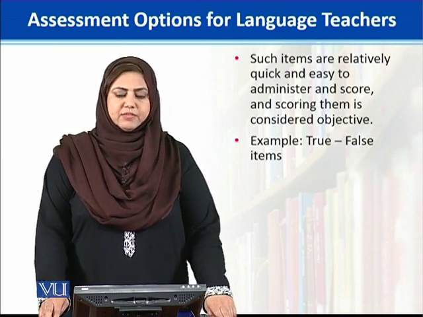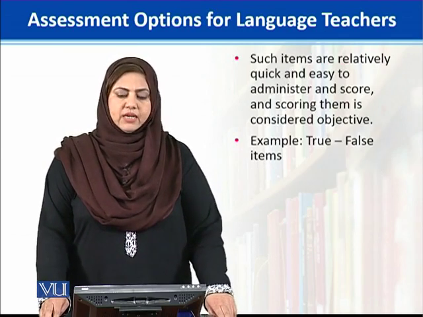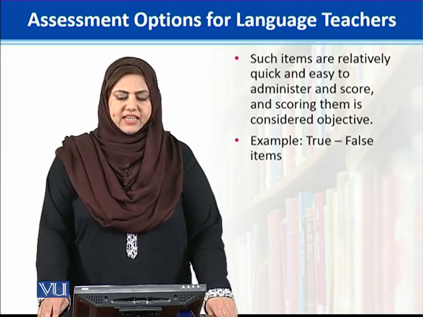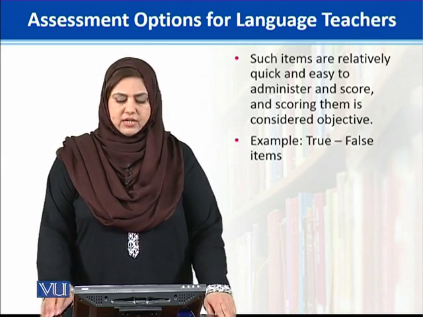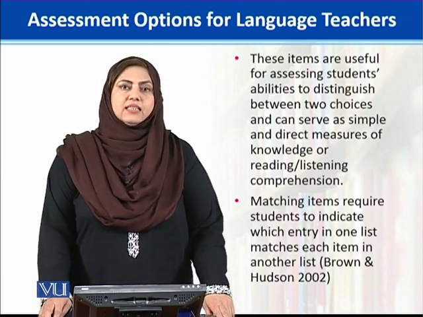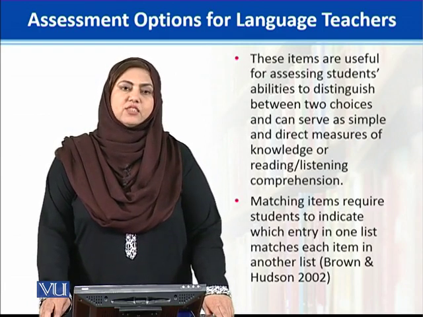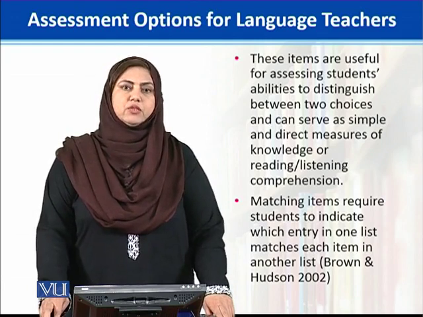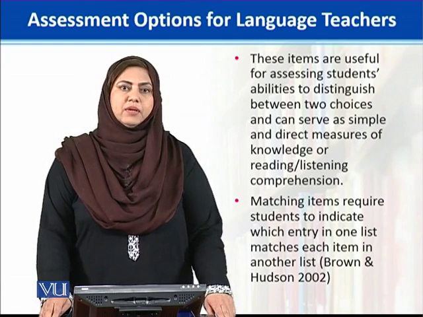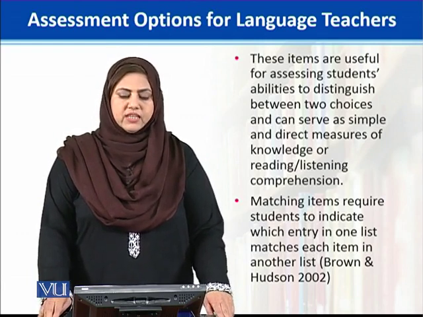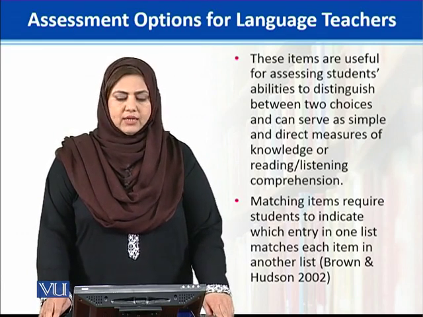Such items are relatively quick and easy to administer and score, and scoring them is considered objective. For example, true, false, or right, wrong, etc. These items are useful for assessing students' ability to distinguish between the two choices that are offered, and they can serve as a simple and direct measure of the knowledge of the students when it comes to reading or listening